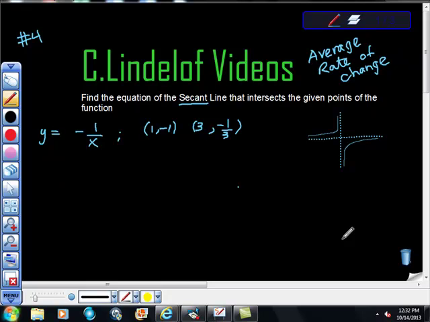We're using average rate of change here. This is how the question comes up on the AP exam. It says find the equation of the secant line that intersects the given points of the function. When you see that, you have to think average rate of change. They said secant, and they want from the point